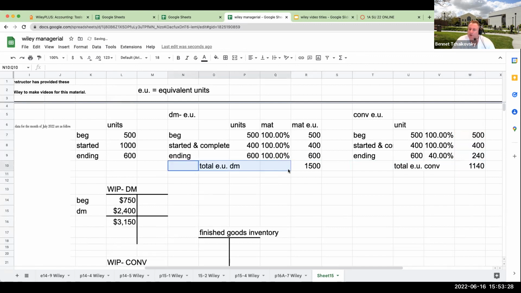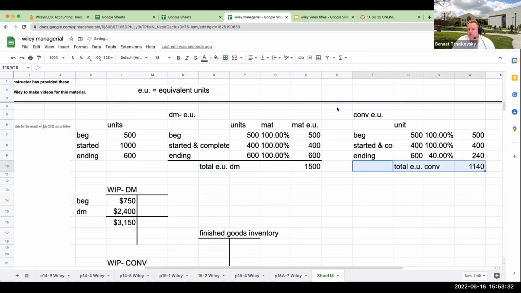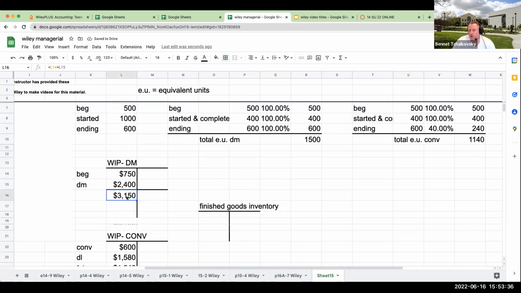The next thing we're going to do in this question is say to ourselves, okay, now how do I move out these costs? The way I'm going to do it is through the process of equivalent units. I know that I took out 900 and put them to finished goods. Well, how do I do that? I'm going to have to come up with a cost per equivalent unit. So my total